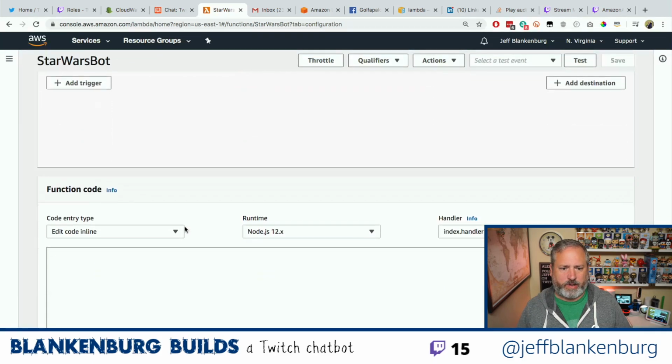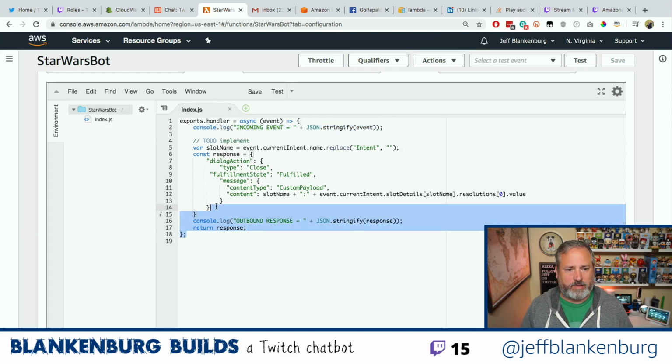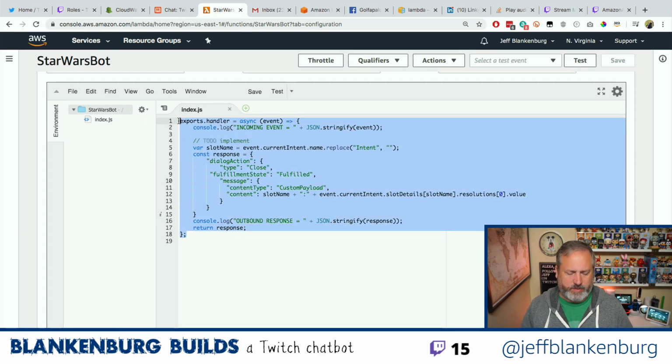This is the thing that we created on Wednesday. And if I look at the code for this, it's very, very simple. All it's doing is matching against the slot name and returning a response that contains the name of the table we should be looking in and the name of the value that we should look in that table for. So I'm going to just take this code, and the first thing I want to do is see if I